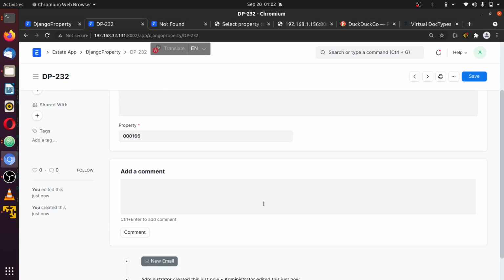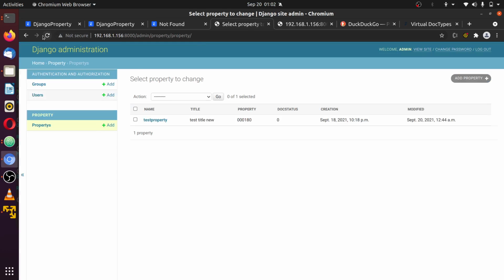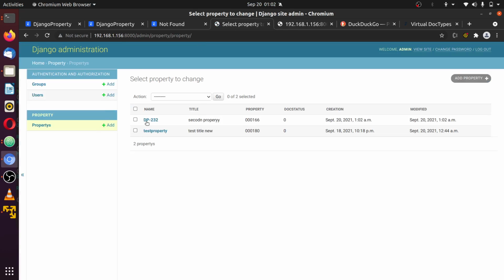So we're able to successfully add a new document. You can check the document list. You see that's created just now. You can check that from this admin view here. You can see that we just added it now. So let's see how it displays